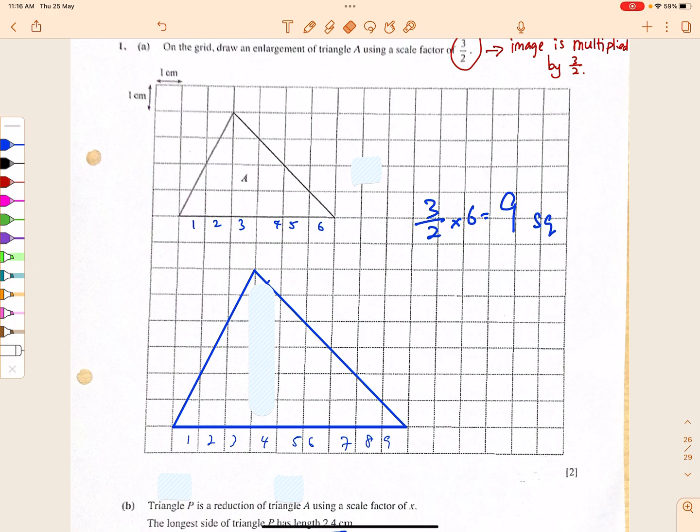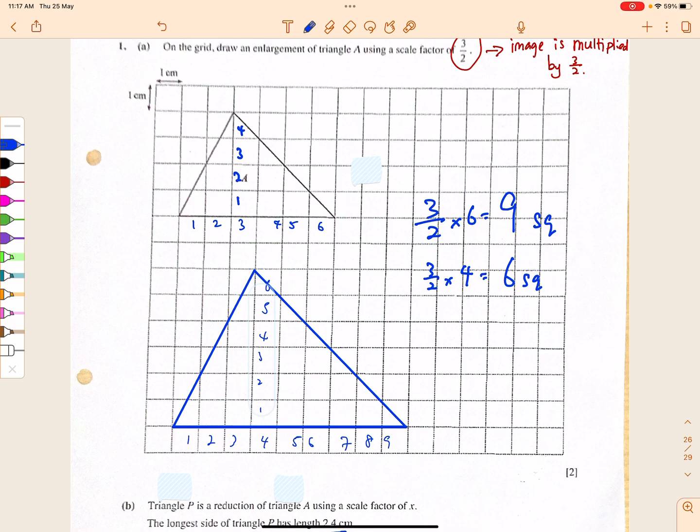Now next you may wonder, how high should my triangle be? So let's count again. So using the same idea, 1, 2, 3, 4. I know that it is 3 over 2 times 4, right? I know altogether I have 6 squares. So altogether there are 6 squares. But it could be,